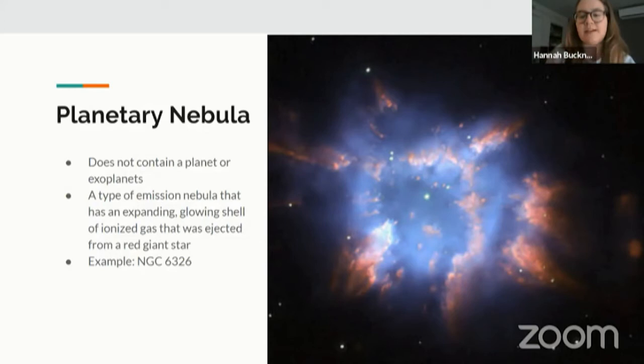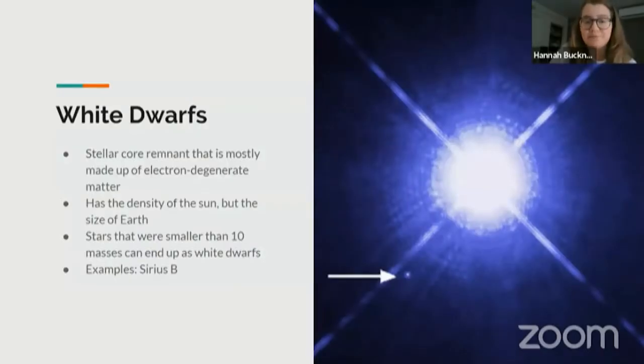Because of the colors that you're seeing, it actually can show you what was in the star. The redness are clouds that are being blown away. So you're not actually seeing stagnant gas, staying still. You're seeing winds that are blowing away gas. And because there is wind, eventually all of this gas is going to disappear and you're going to have a remnant, which leaves a white dwarf. And white dwarfs are stellar core remnants that are made up of, like I said, ionized matter, which is without electrons, so it's going to be called electron degenerate.